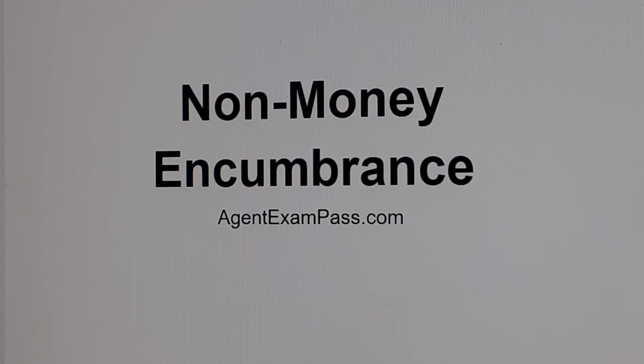A non-money encumbrance is something that restricts the transfer of a property but is not based on money owed. The non-money encumbrances include easements, restrictions, and encroachments. An easement is when someone else has the right to use the land of another owner. Having your property used by another might make it harder to sell the property, but there is no money owed as a result of the easement. A non-money encumbrance is a restriction to property transfer which does not require money to be paid.